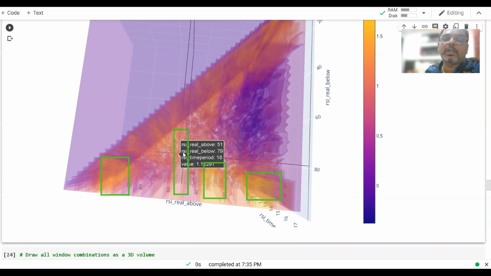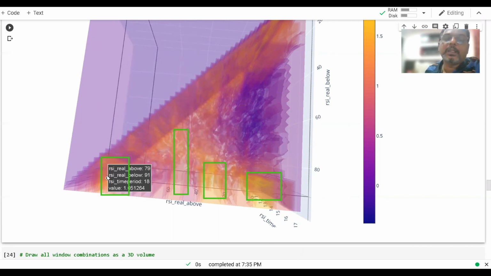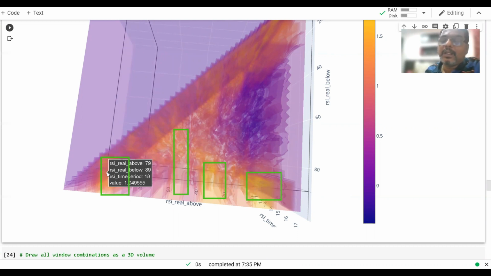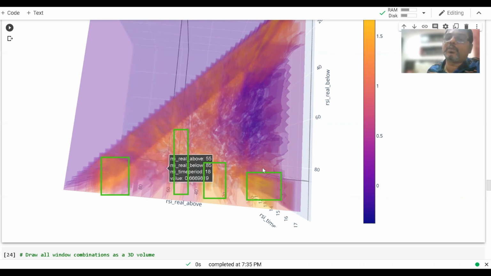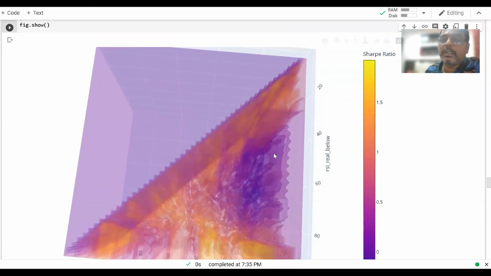Here you've got decent, not really so big, but still okay. But these are RSI real below 71. So if you trade between 51 and 71, you could have made money in this particular market. And then these are the very end kind of thing, 79.89, 79.90, and so on and so forth. They also would have made money for you. I'm not saying they will make money for you. I'm not predicting the future in any way in this particular discussion.